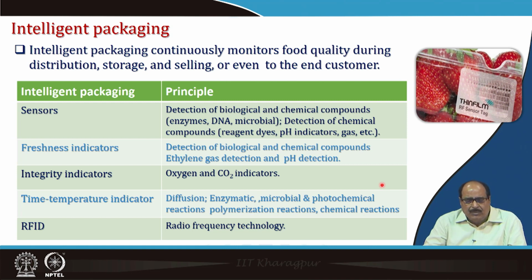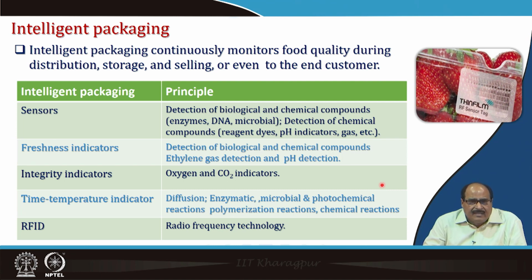They work on the principle of detection of biological and chemical compounds like enzymes, DNA, etc., or detection of chemical compounds like reagents, dyes, pH indicators, etc. There are freshness indicators which work on the principle of detecting biological and chemical compounds, ethylene gas detection, pH detection,